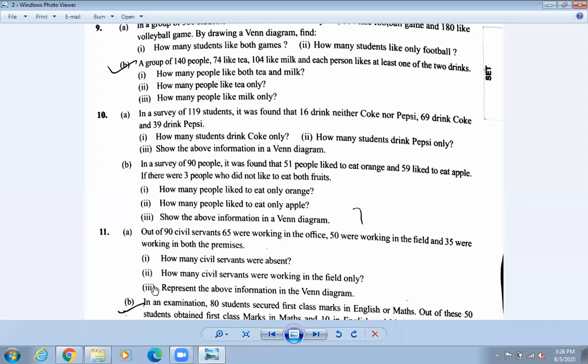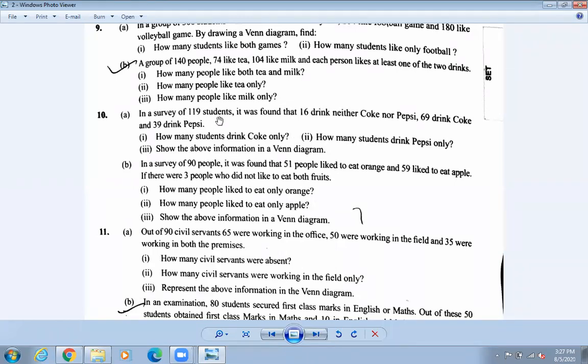So what are we talking about? If I want to do a survey on which type of television you use, television in the sense of the cable line you use. Somebody may be using Dishhome, somebody Sim TV, somebody different things. I don't know all the names here. Clear TV maybe. So who uses what? That is called a survey. So in a survey of 119, that means 119 students were asked this question.